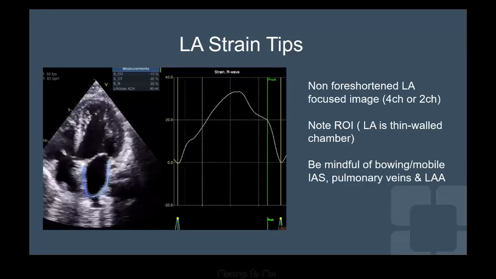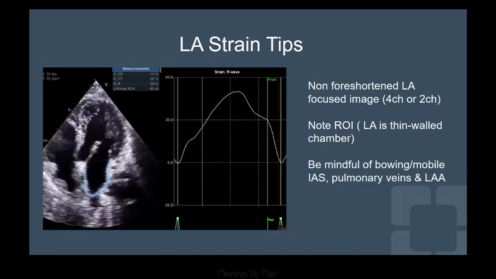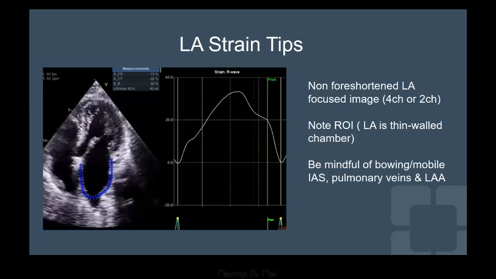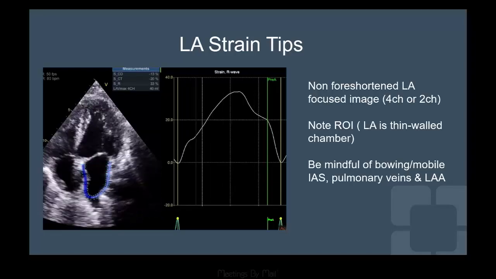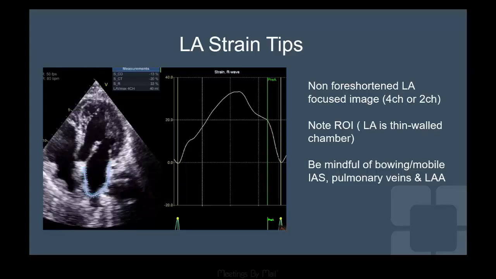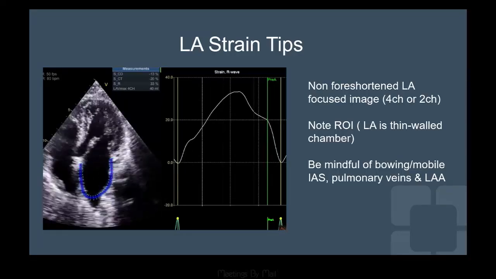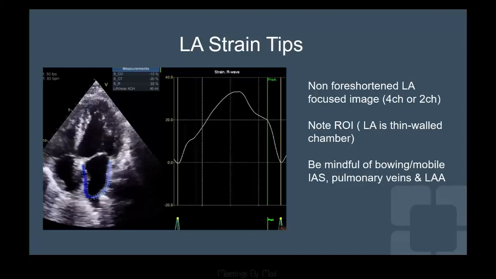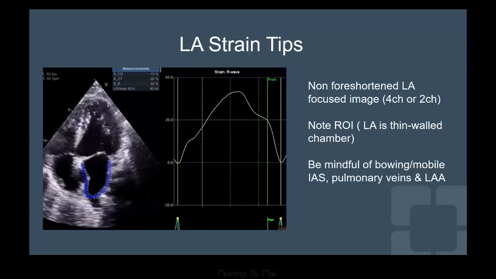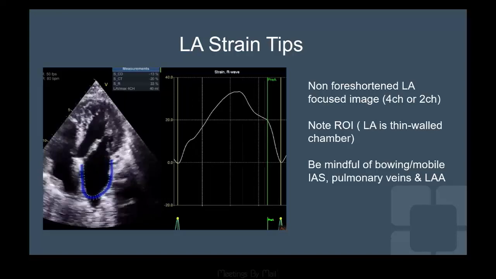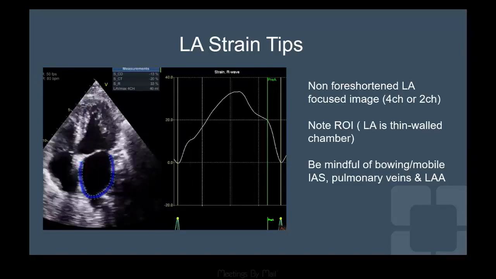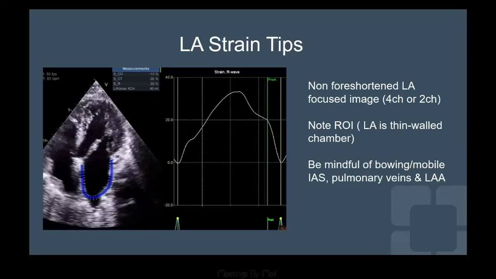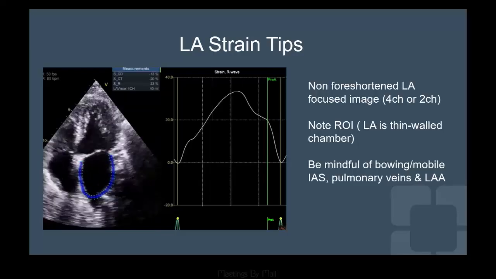Coming back to the LA strain, what is very critical, as pointed out, is the foreshortening component. With LA remodeling, sometimes you have variations, and the LA may remodel and elongate and may not remodel spherically. So being able to capture all of that is not only important from the point of view of volume calculation, but also has implications for the measurement of the strain. Whenever we want to get any form of strain, there are two things I typically want to say. First, the image quality, which means beware of foreshortening. And number two is